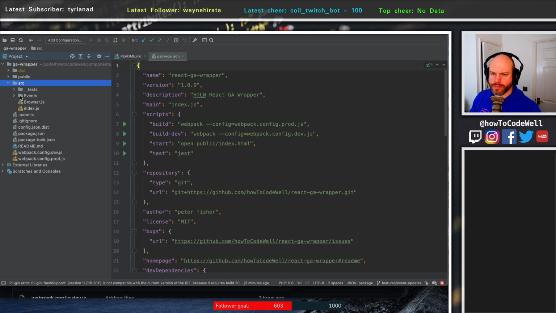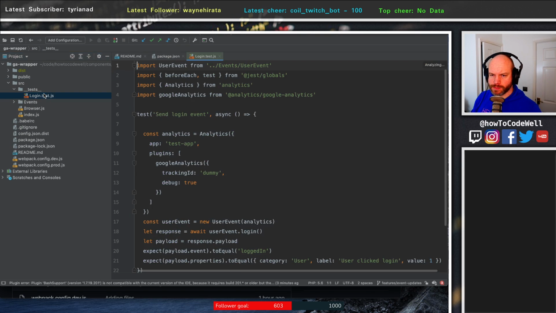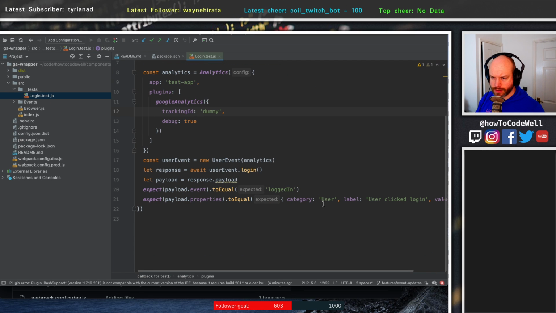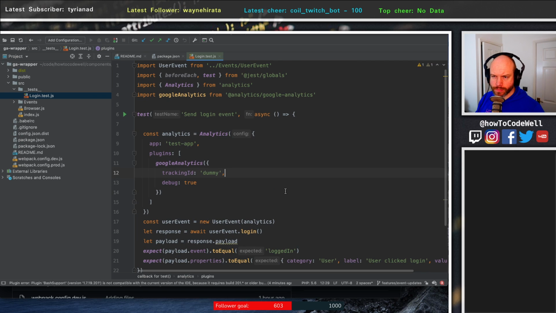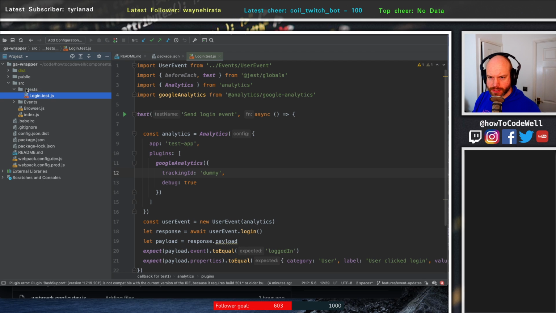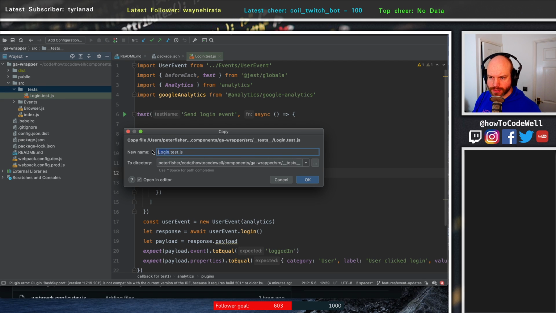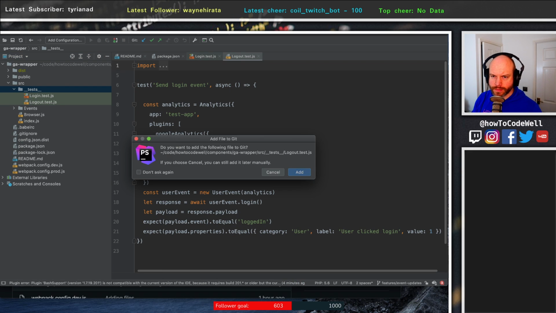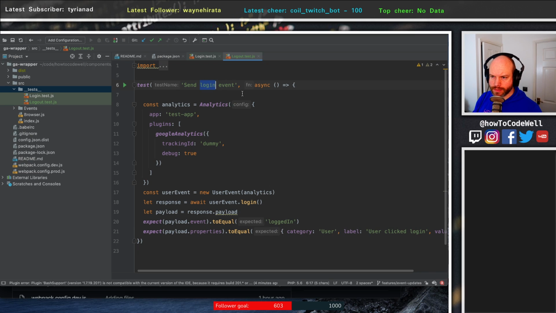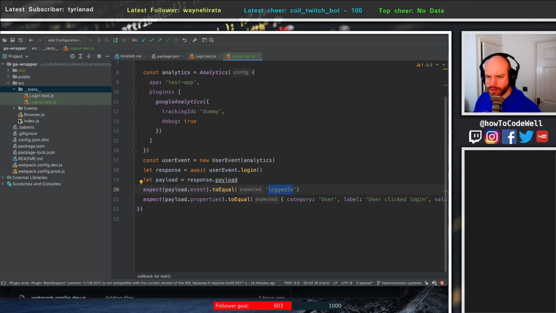So this test here has passed. So this is the testing the login event. Let's see if we can add some more. So let's do the logout event. Send logout event, and we are going to instantiate the analytics. That's fine, and pass in debug is true, and this should be, if we hit log out,